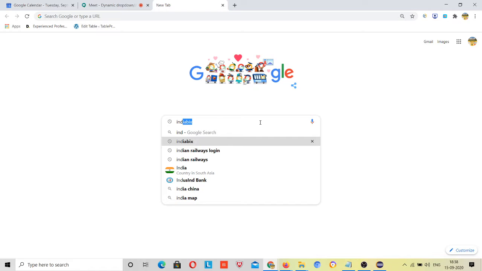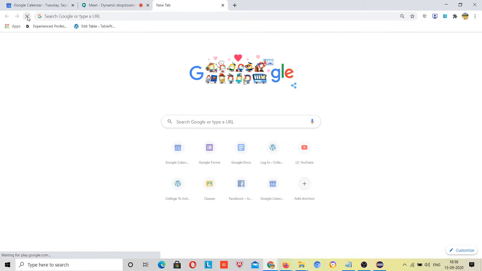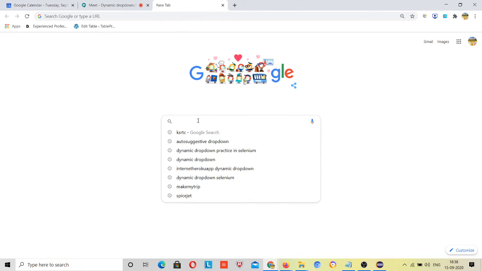India Bix, Indian Railways, India, IndusInd Bank, India, China. Why is this coming? Because this is trending nowadays, right? India map, whatever. So suppose I want to click on IndusInd Bank. What I am doing is, I have just opened my Google Chrome browser, and I have typed